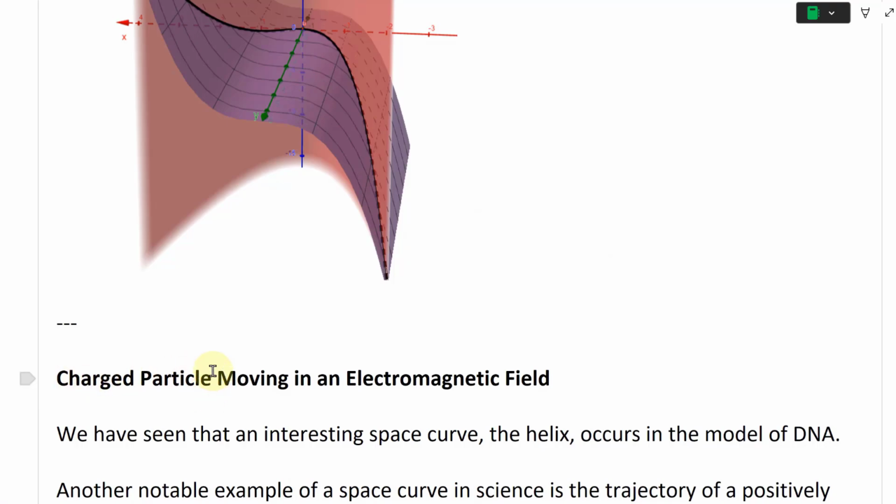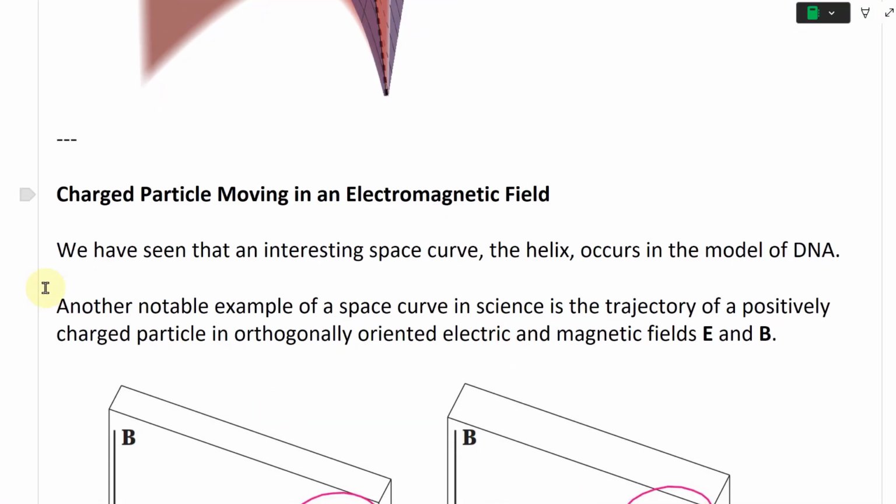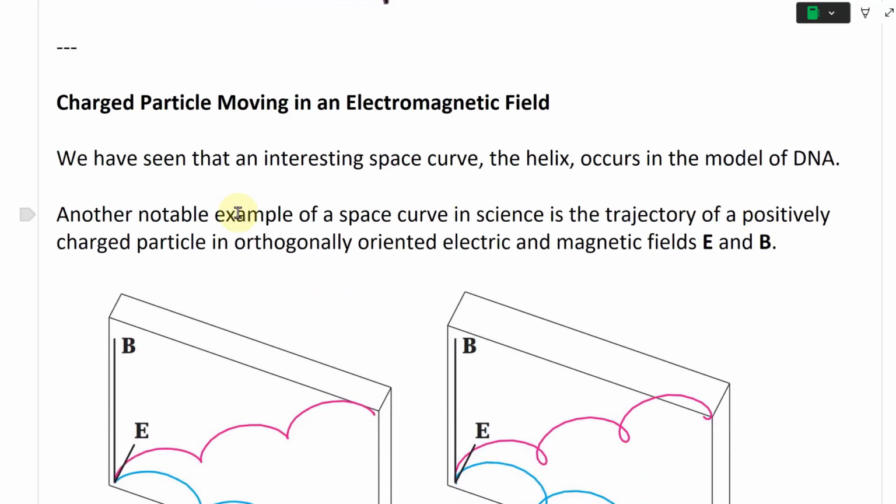Charged particle or particles moving in an electromagnetic field. So we have seen that an interesting space curve, the helix, occurs in the model of DNA. Another notable example of a space curve in science is the trajectory of a positively charged particle in orthogonally oriented